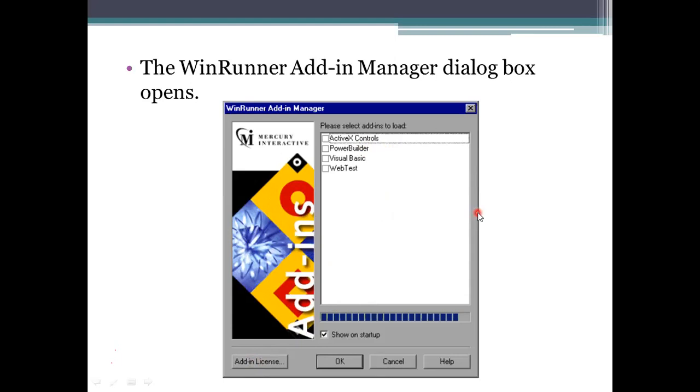This will be loaded to the current session, not for all of WinRunner. For the current session of WinRunner, these add-ins will be added to that environment. When we close this window, they are automatically gone because you have not selected them permanently. We need to select for the complete one. Whenever you click on that, we will get into the WinRunner environment here. In this WinRunner environment, if you want to perform a test, we need to click on New Test, or open the test and perform the test here.